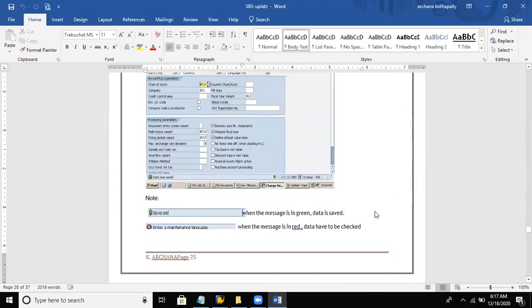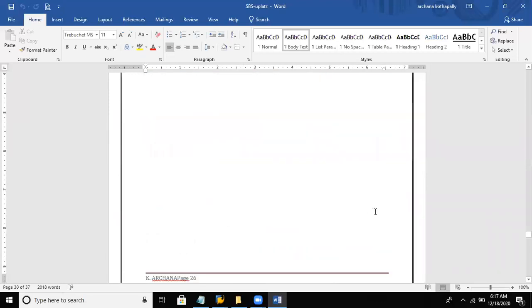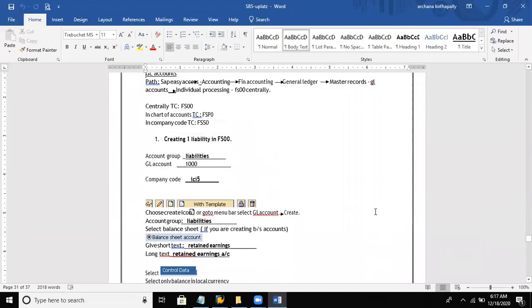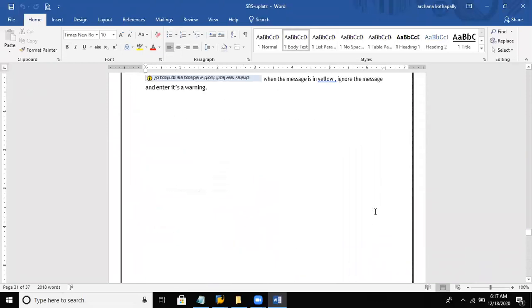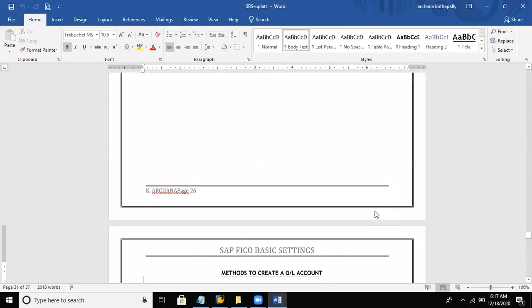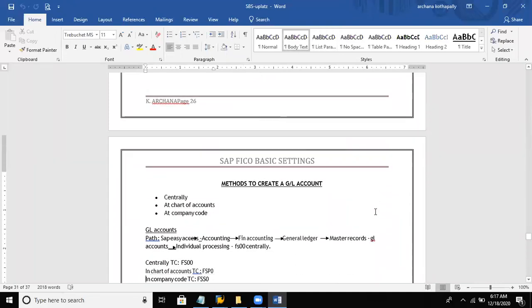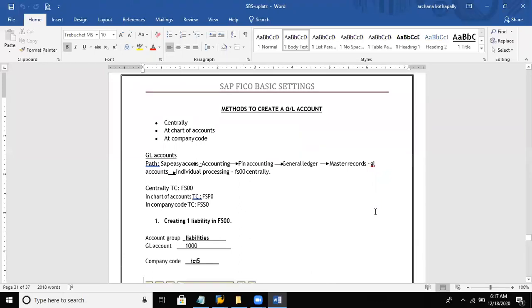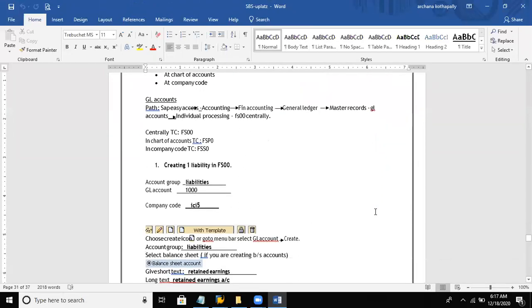Now let us see how to create this particular ledger. See here, the methods to create a GL account. We can create it at central level, chart of accounts level, and company code level.